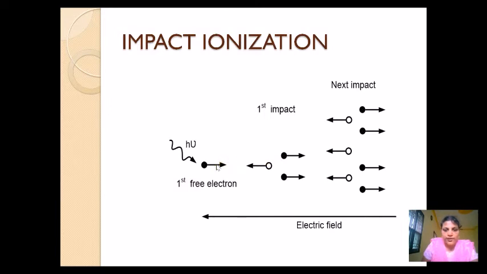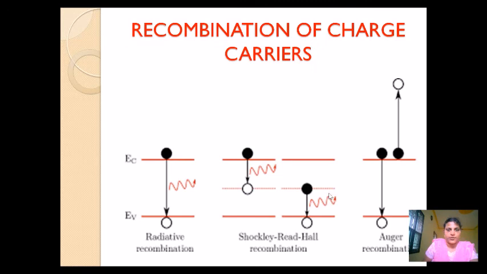So input electron plus output electron, altogether we'll have two electrons as output. And this electron count increases as 2 power n, and this is otherwise called avalanche generation of carriers. This takes place only in the presence of an electric field, whenever we keep the semiconductor in the presence of an electric field, this avalanche generation of charge carriers occurs, and this is called impact ionization.